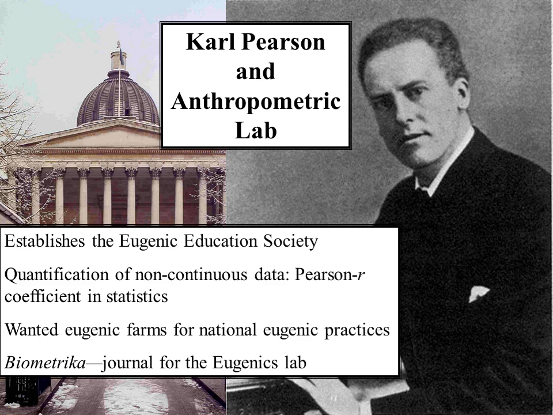So not just subjective things like how smart are you and what have you accomplished, but also how far apart are your eyes and what color are your eyes. Where are your ears? How far do they stick out from your head and things like that. So the Pearson R coefficient came about because of his work in eugenics. He actually wanted to be remembered for his work in eugenics, but a lot of people actually just remember him for the Pearson R, and they don't know much more about him other than that.